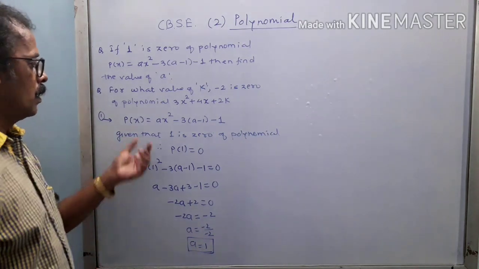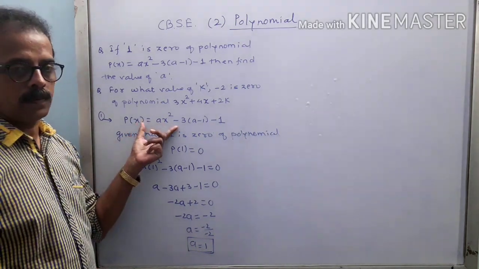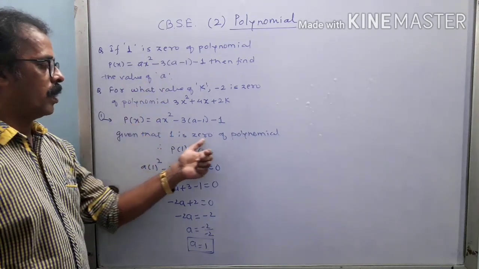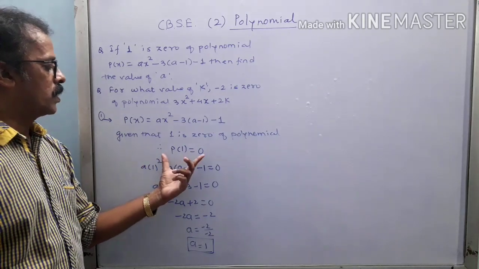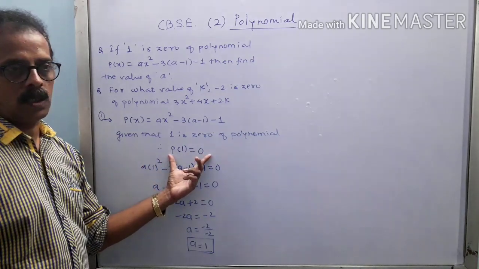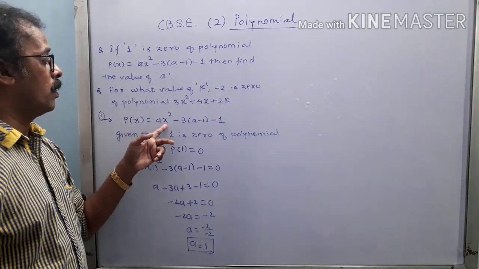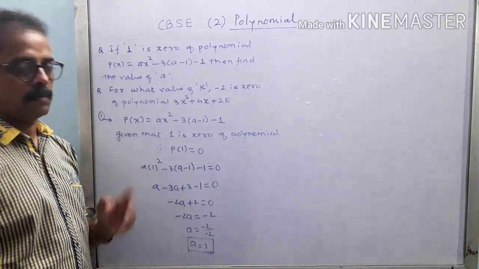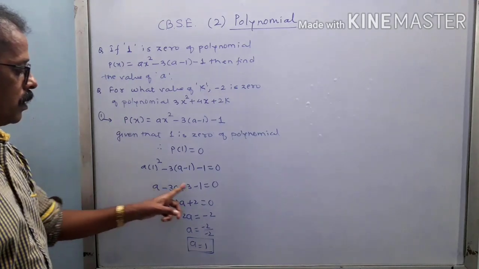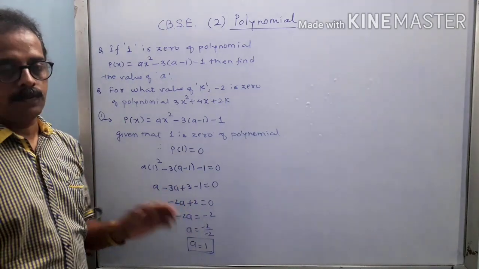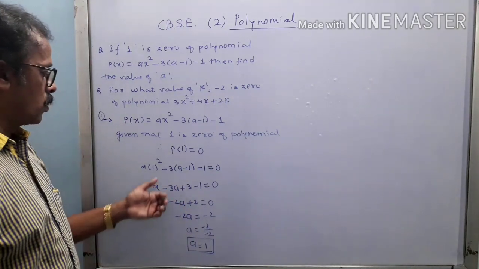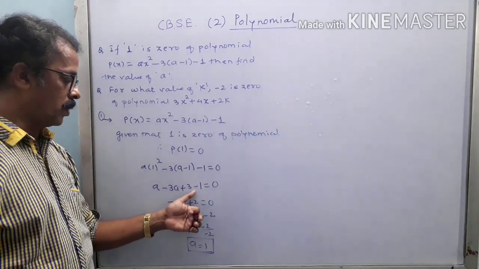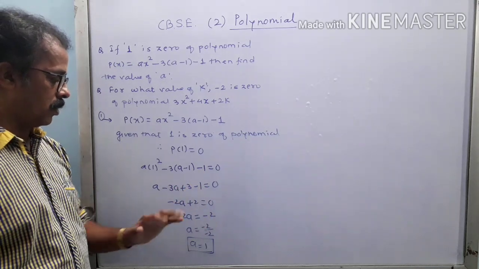How did we start? We wrote that particular expression. After that we made a statement of what they gave you. Given that 1 is a zero of the polynomial, then we say p of 1 is equal to 0. This condition I have written. Then I have substituted the value of x in the given expression, and then proceeded further for that given example. Okay. Now here there is a simplification of a linear equation, nothing else. So here minus 3 into a is minus 3a, minus 3 into minus 1 is plus 3, and that minus 1 as it is. Okay.